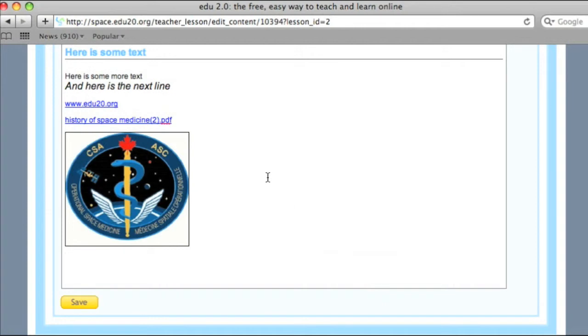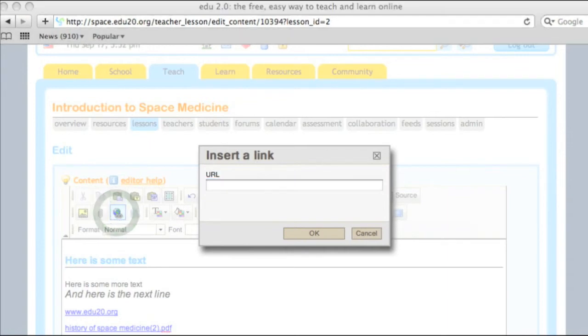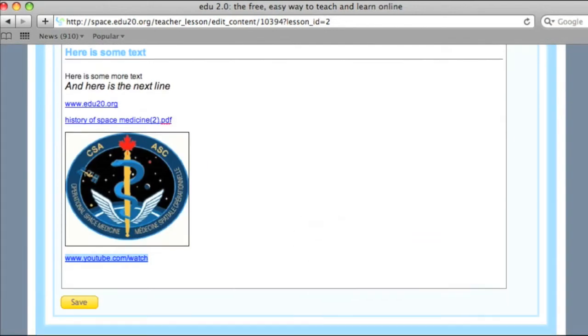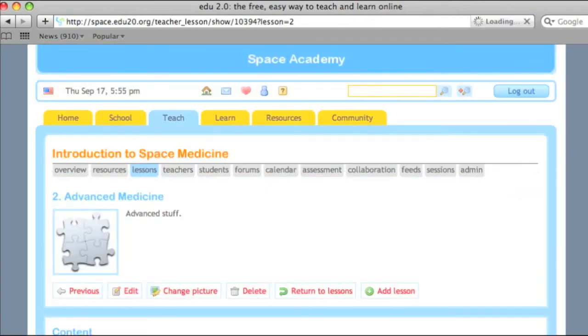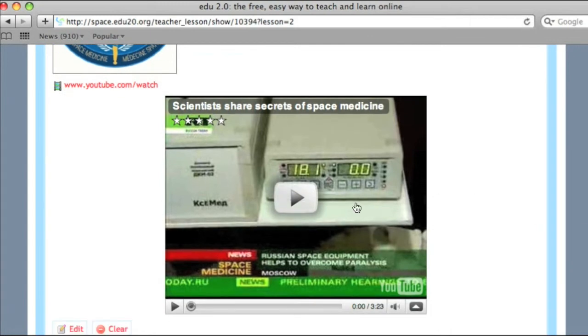And then one of the cool things you can do, you can embed links to things like YouTube videos, and we'll actually automatically embed it for you. So for example, if I click on this link icon here and put the URL to a YouTube video, simple URL, then although you will just see the link here, see what happens when I actually save this. See, when I save the content now, our system's actually smart enough to dynamically embed the YouTube video straight into